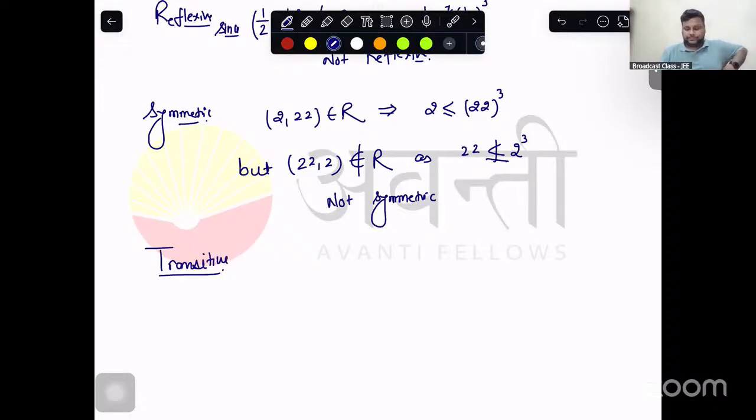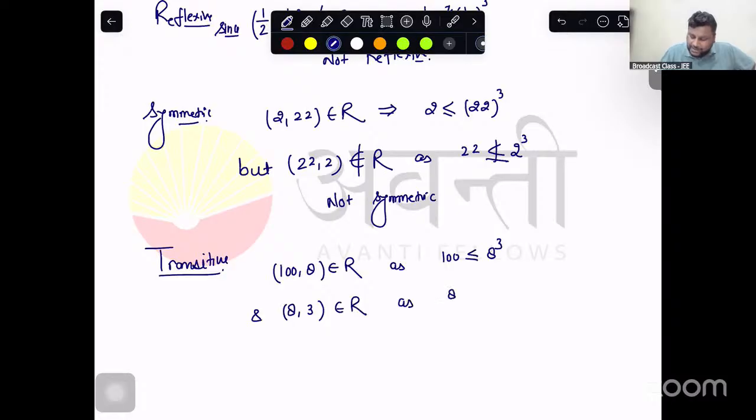Transitive. See, 100,8 belongs to the relation as 100 is less than or equal to 8 cube, and 8,3 also belongs to the relation as 8 is less than or equal to 3 cube. But 100,3 does not belong to the relation as,